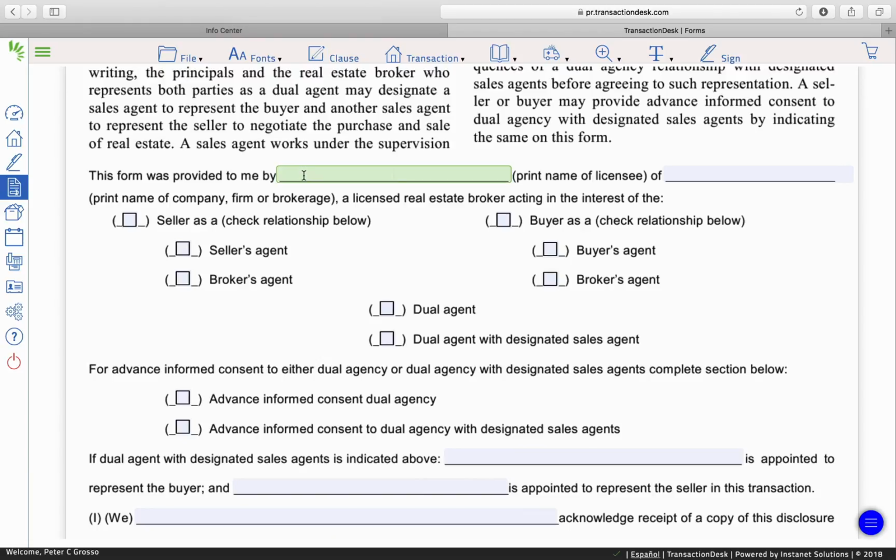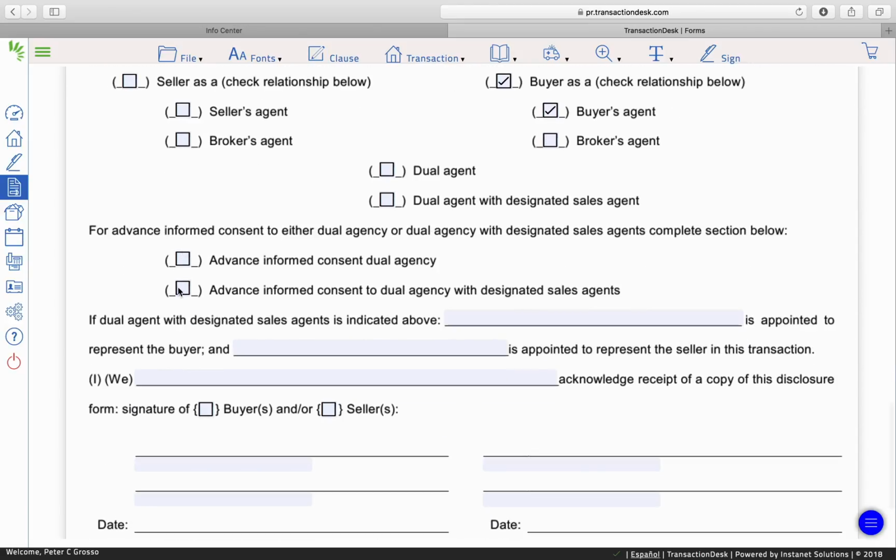We've got to punch in your name. And you're the licensee of. Now let's say you're working with a buyer. You're going to click buyer. Then you're the buyer's agent. And if you want to do advance informed consent of dual agency with the designated sales agent, you're going to write a